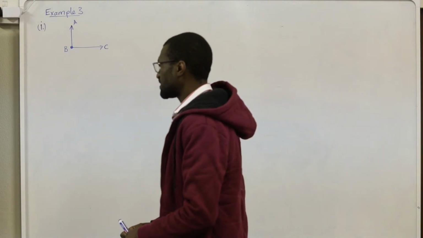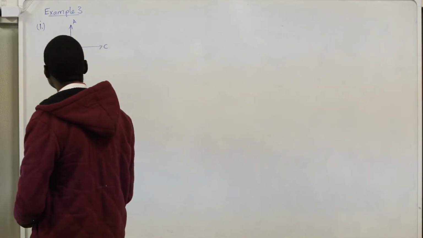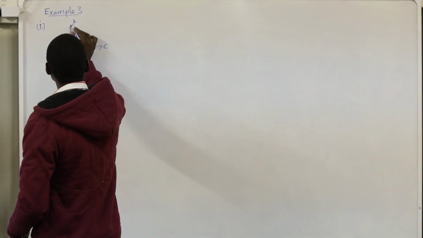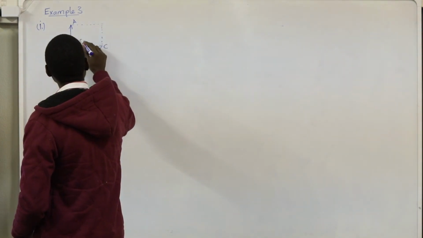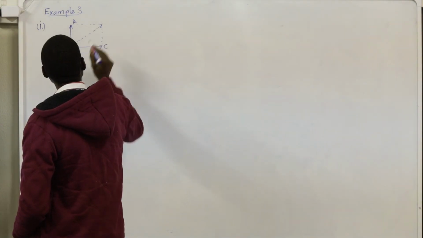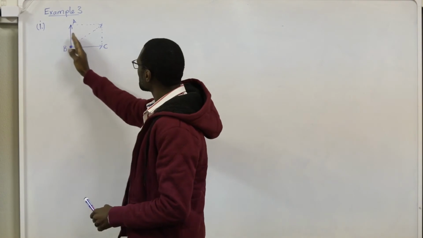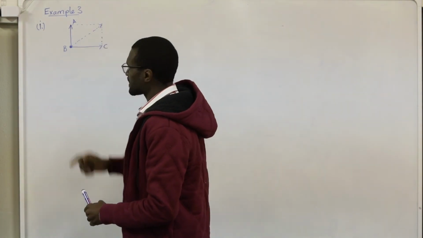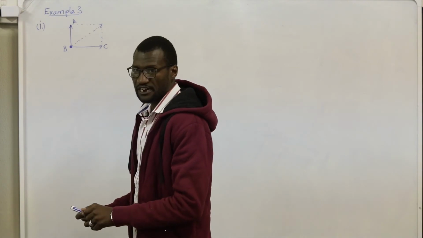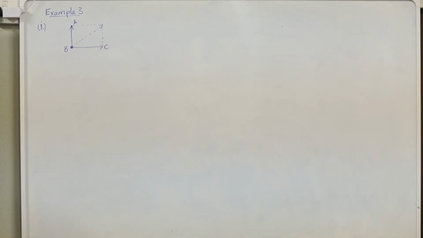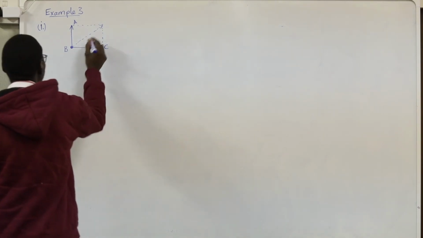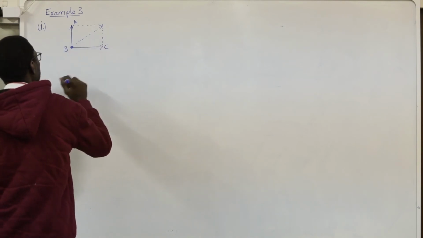It is not to scale, but it's just a sketch to help me in my calculation. Now, if I want to find the net force, there are different ways I can think about it. Net force, I can say it will be found by this particular force that goes up from here to there, or I can put this one there and still come up with the same net force. But what I need is a formula, right? So I have to write out a formula that demonstrates what I need to use to find the net force. And my formula that I can use at this instance is one that says, because it's at a right angle,